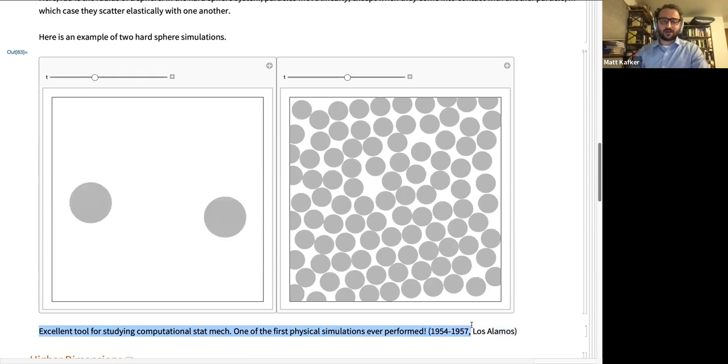So this is a great tool for doing computational physics. I didn't really know this. I came across this information, but it immediately left my brain when I had encountered it in the past. These are one of the first physics simulations that people ever took seriously and did. 1950s in Los Alamos was when people started researching these things, and they've been more or less continuously under investigation since then. So the fact that we have something new to say about these is kind of cool.